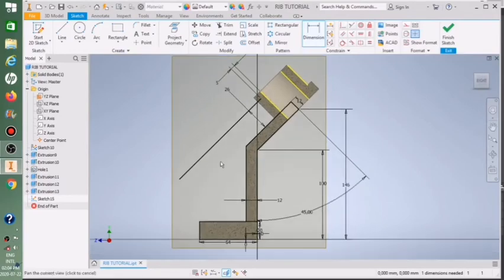And then again, ladies and gents, we do join. We'll make this line parallel to intersect. I will intersect this with this thickness of 26, and then now to do the project geometry,